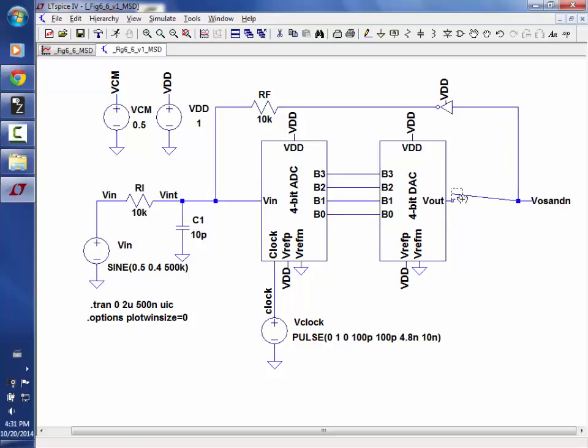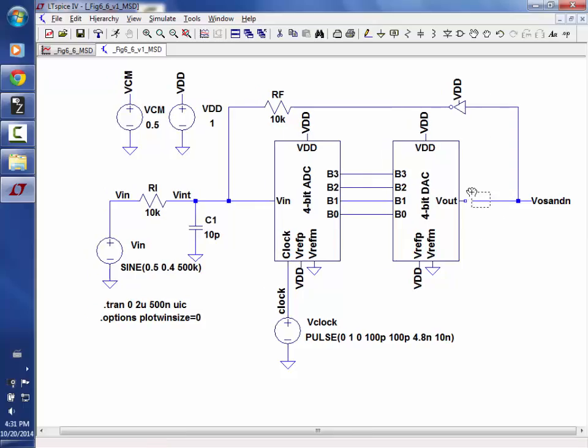Okay, so is anybody bothered by me putting, well, we've got to get rid of this obviously, because that's our DAC in the other case, and then